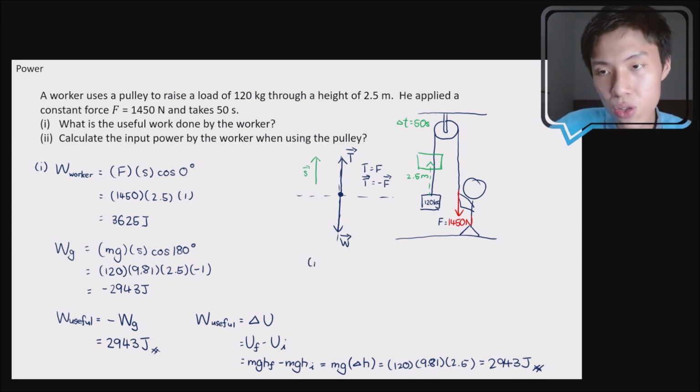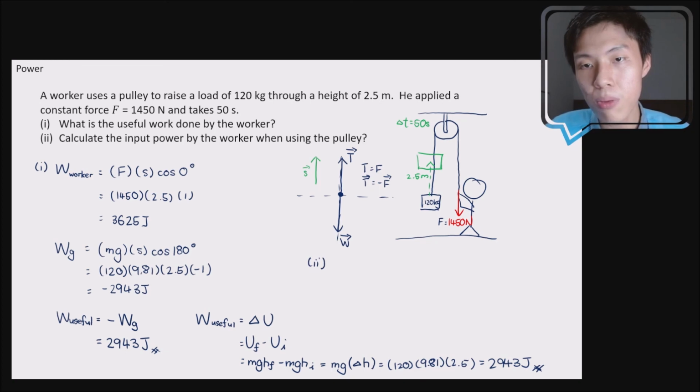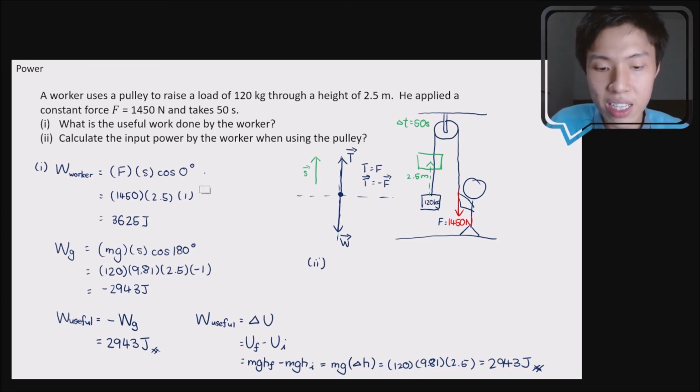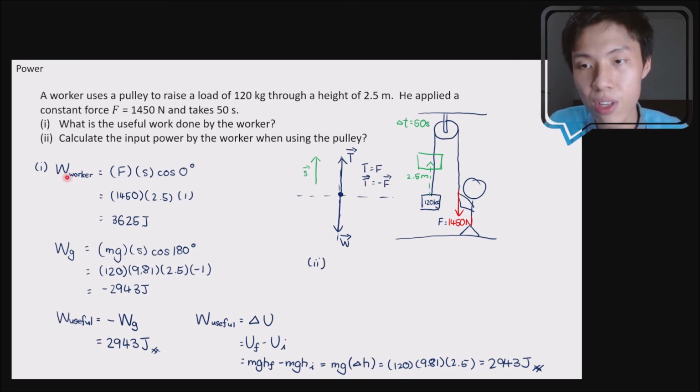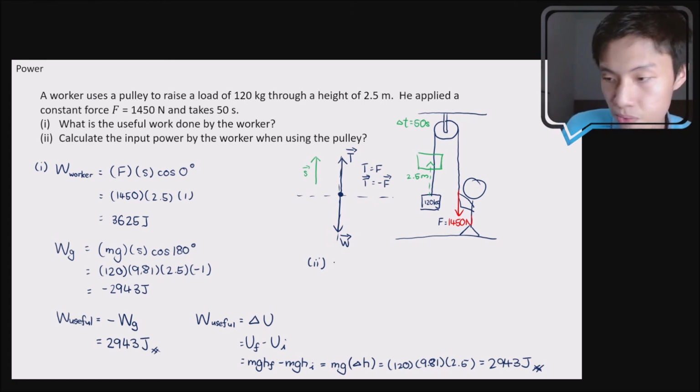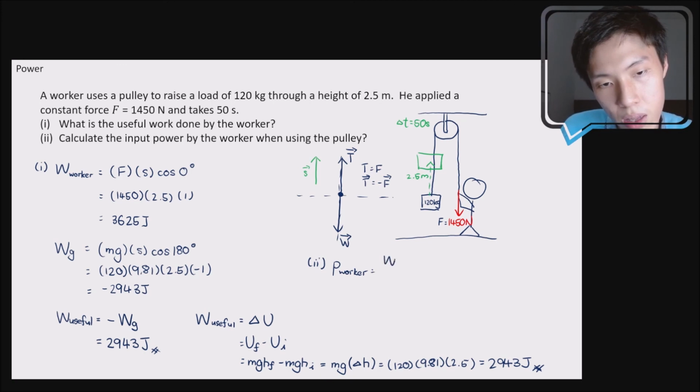Okay, next, question 2. Question 2 asks for the input power by the worker. So this time we are specifically asking for the rate of work done by the worker. We know the worker does this much work during this amount of time. So what is the input power? What is the rate of work done by this worker? You just take the work done by the worker, divide by the amount of time it used to do this work. So the power of the worker is just the work done by the worker